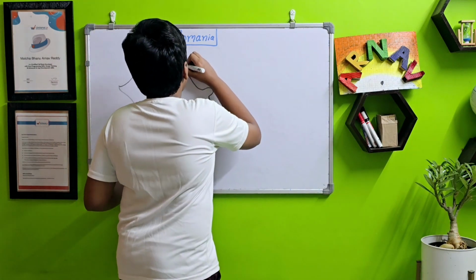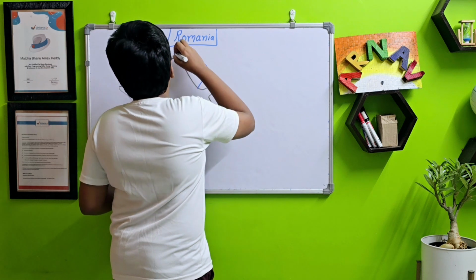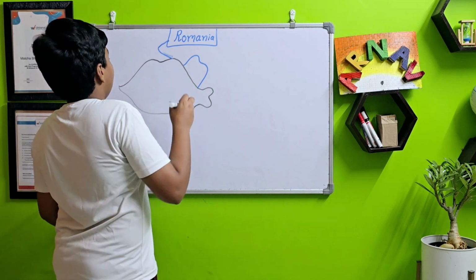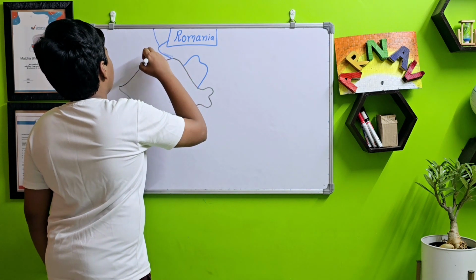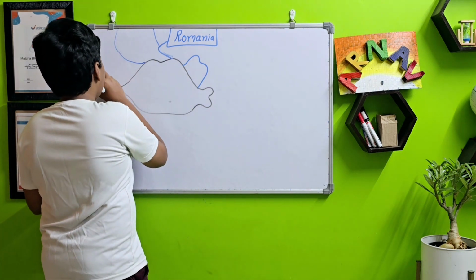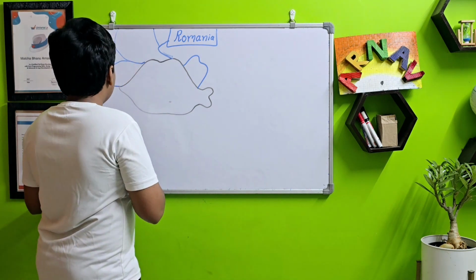So to the northeast, there are two nations. Of course, there's Moldova and Ukraine, just hanging over the top, like this. And on the north, there's a chunk of Poland. Next, on the west, there is going to be Hungary for more territory, of course. And to the southwest,